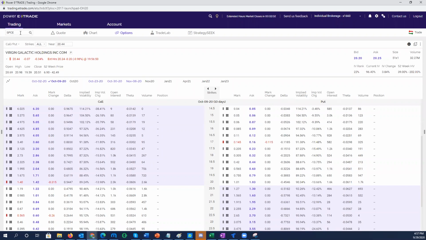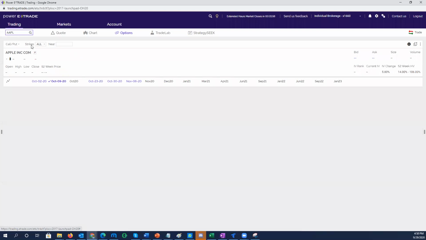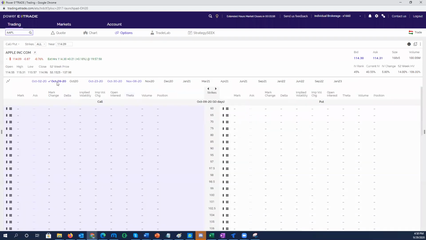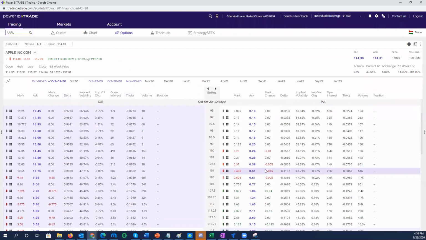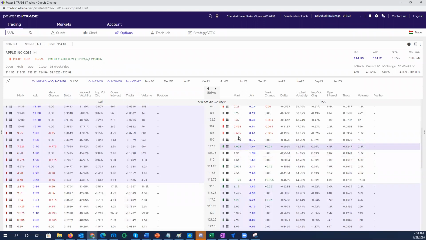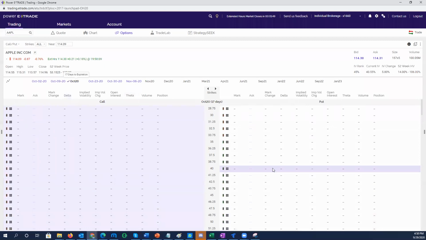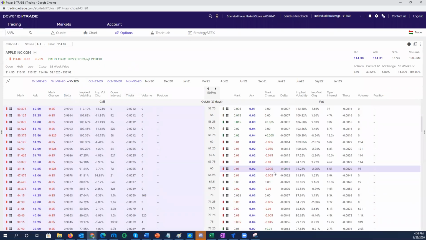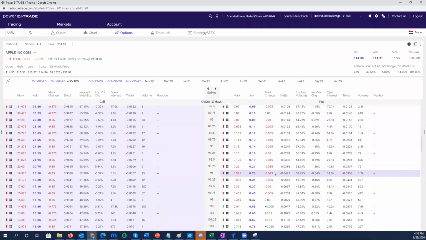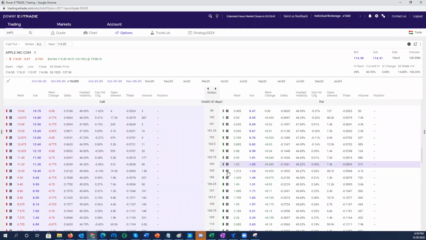Suppose a lot of people now, I heard, want to buy Apple. But Apple has already gone up. So what they're doing, I'll tell you, is selling the 105, maybe October 20, they're selling the 105. Why are they selling 105? If Apple comes back to 105, they want to buy it at 105. So now at 120, they take the premium, and if Apple comes back to 105, they're going to buy it.